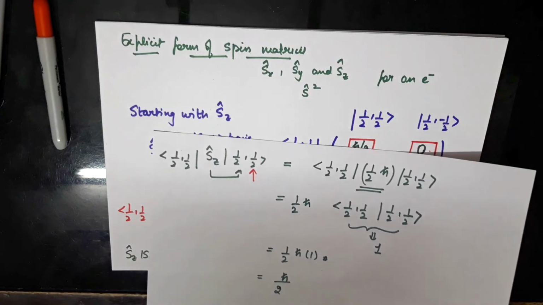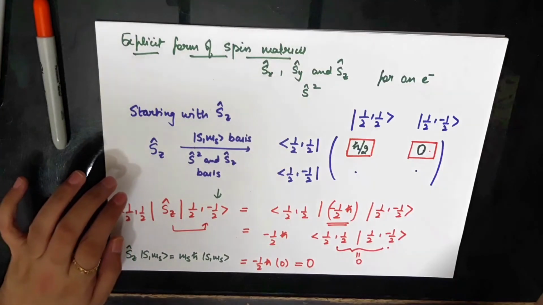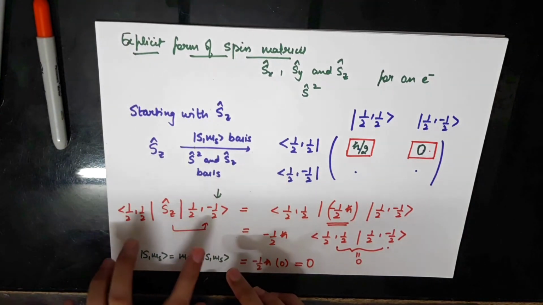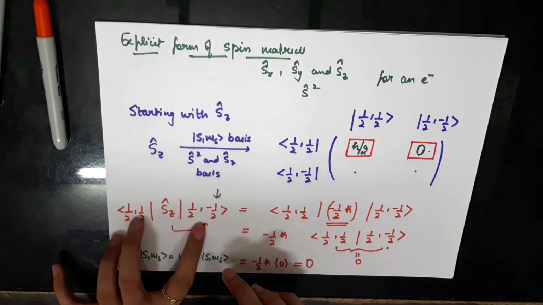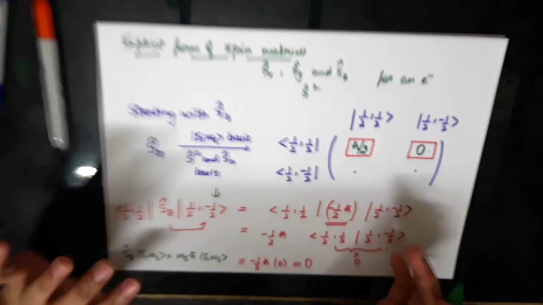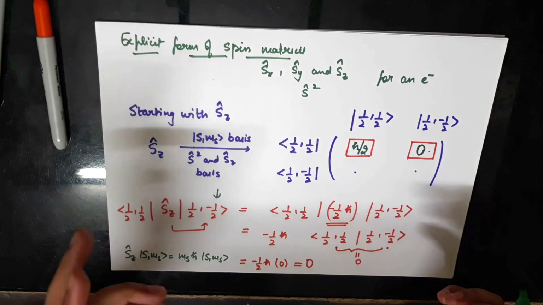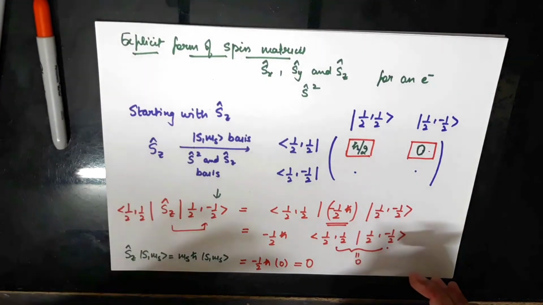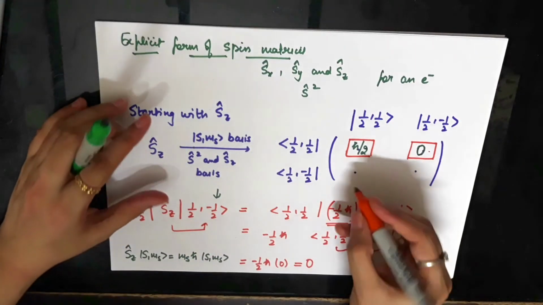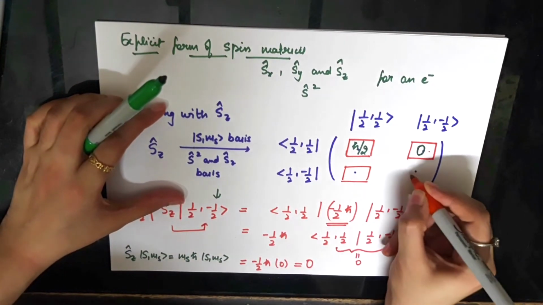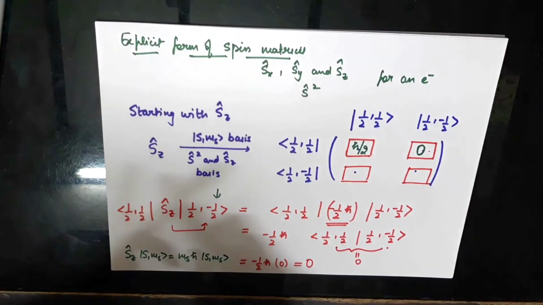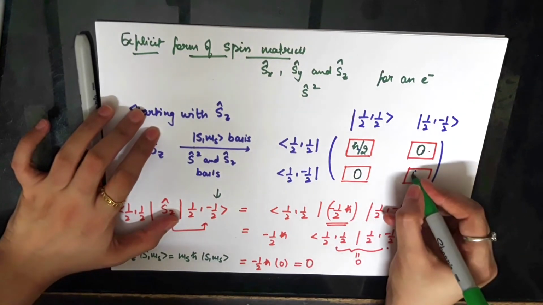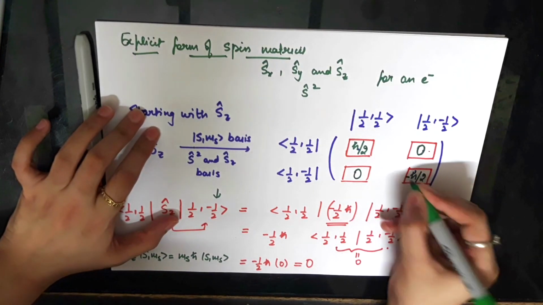So it's very simple. You just need to know the action of the Sz operator in this space on these kets, and then you need to know how these kets combine, what the overlap between these kets is. If they are different kets, they are orthogonal, but the inner product with itself will give you 1. So this is how you can figure out all the entries here. Now I can just tell you all these entries, and you can do the computations for yourself. It's an easy computation. So this entry is 0, and this is negative h bar by 2.